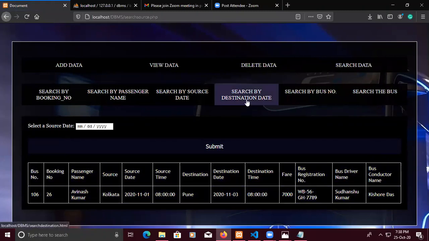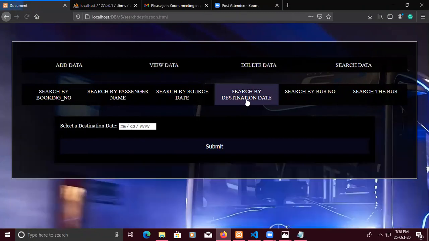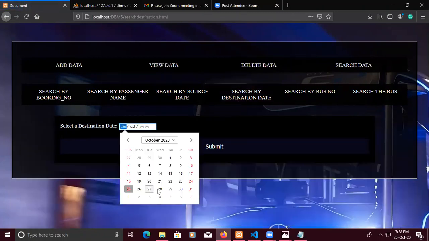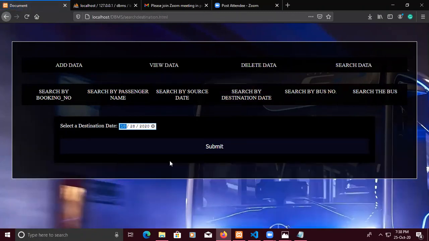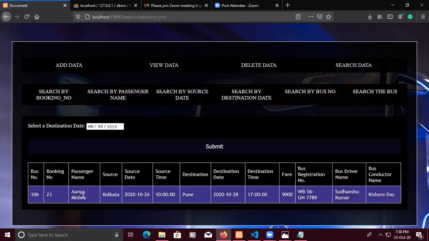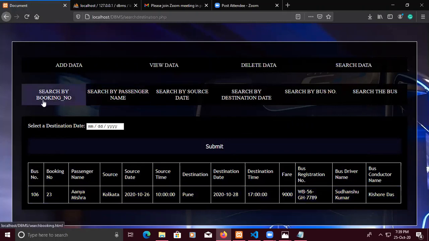And there is also the destination option. Suppose the destination date is 28 October. Yes, it is Anya Mishra who has the destination date of 28 October.